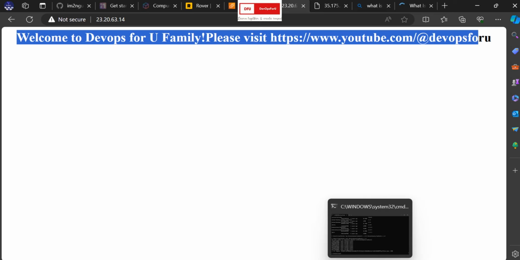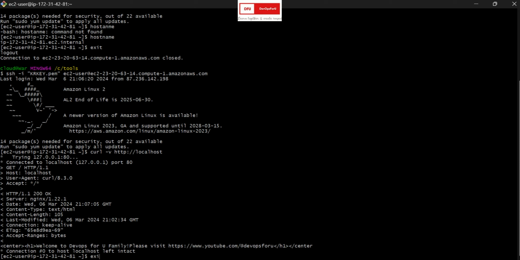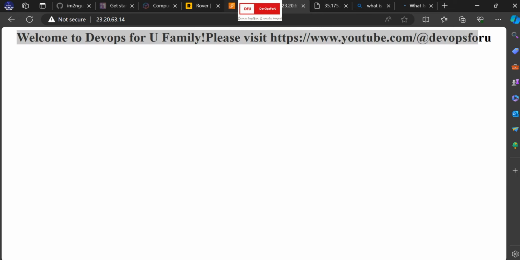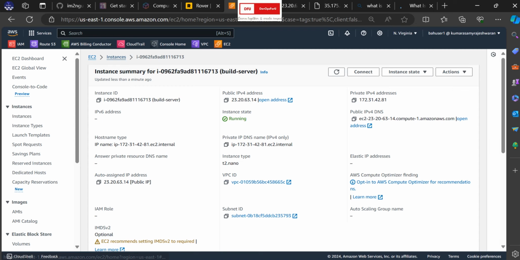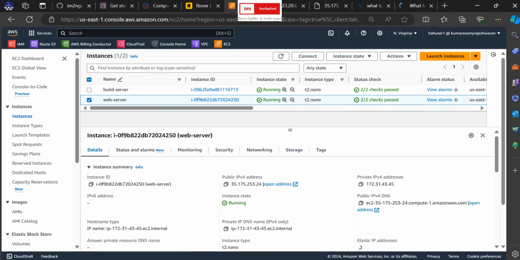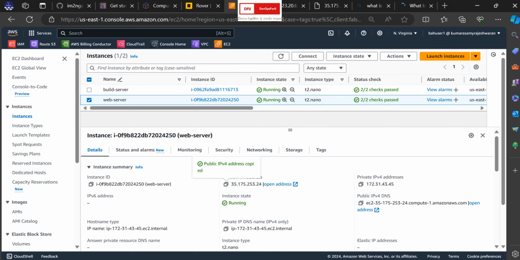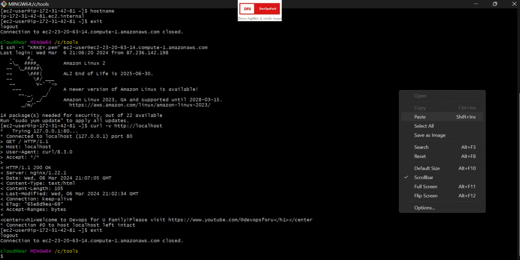Now probably I will exit from here and I will show you the second server. This is just to ensure that we have achieved what we wanted, right? So we have installed that nginx server, and we are able to access the server by restricting ingress traffic in the security group to my IP alone, and we are able to connect to the server using my